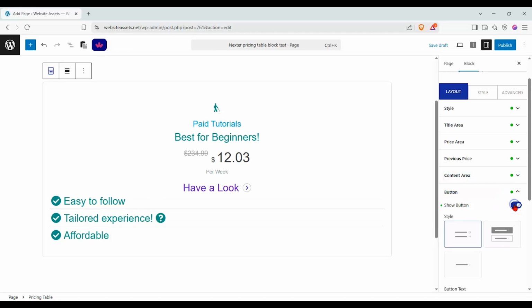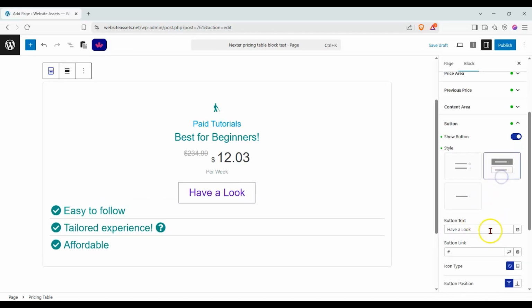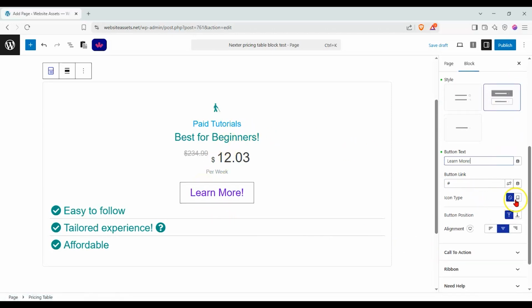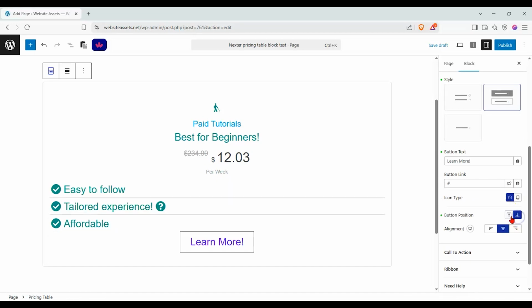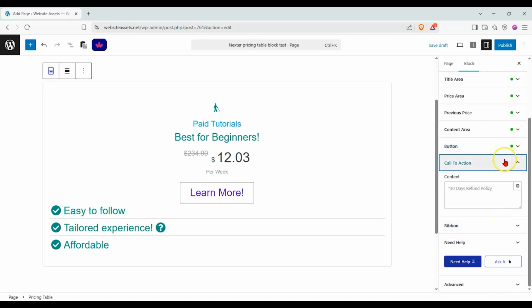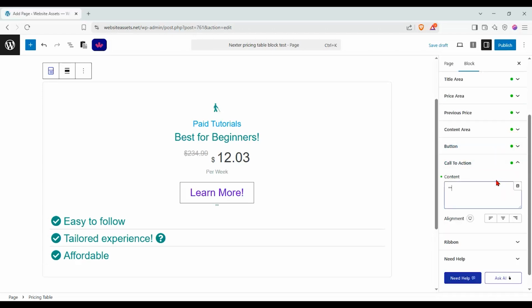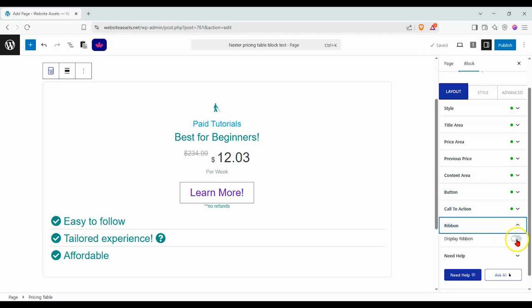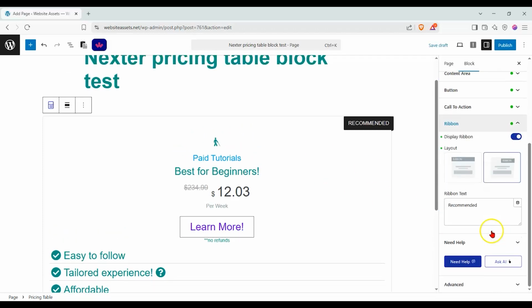And button, we can add a button over here, right? And you can add a link to purchasing our paid tutorials as an example over here. And we can add an icon over here, button position here or here. I can change the alignment. Next, we have our call to action. Simple as that. And we have our ribbon over here, which we can display. I can put it over here and say,